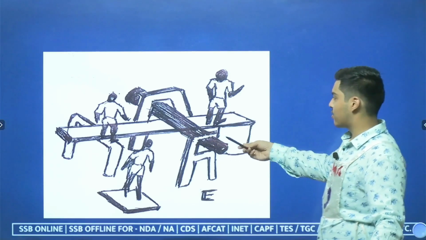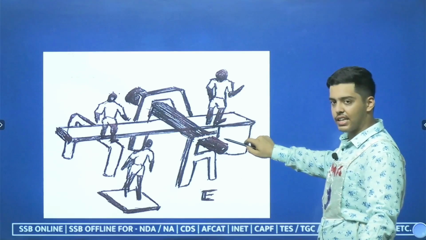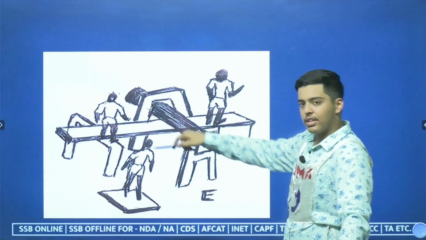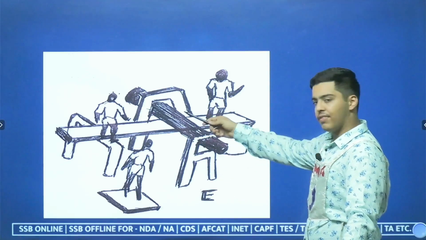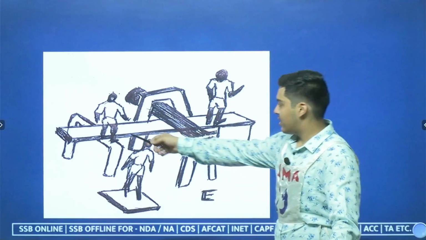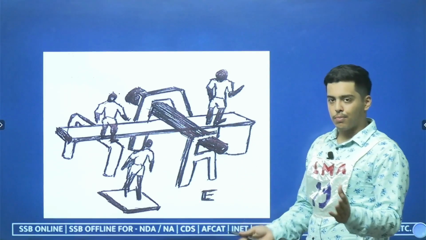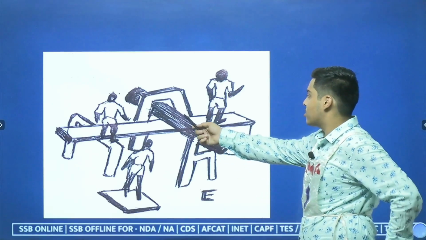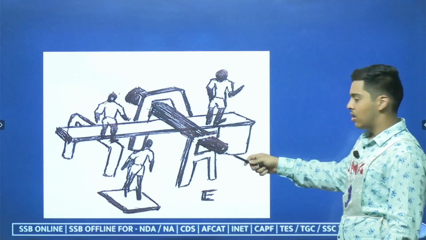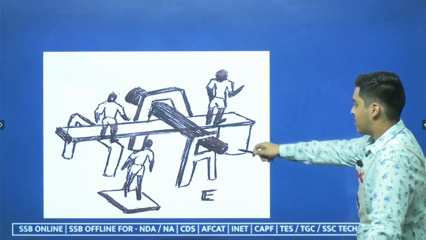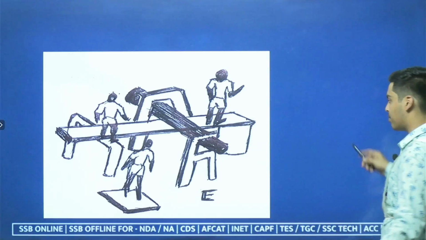So you can see, friends, this was what I was explaining. We have adjusted a log between the gap of the A structures, and one side of the plank is on the inverted U-shaped structure, and the other side is beneath the rod we have inserted. When you start walking from here, obviously the plank will tend to disbalance or move apart. But because of the weight of this rod and the adjustment we have done, it will be fixed and we can easily pass on to the next step. Further we can see a drum here. The other end of the plank can be placed on the drum. That will give more stability to the bridge.